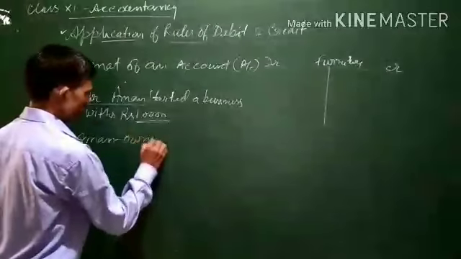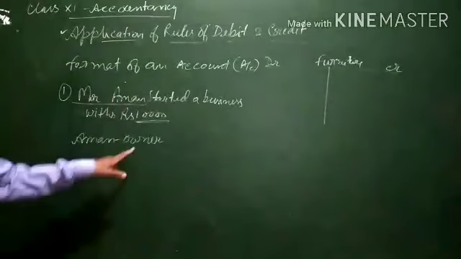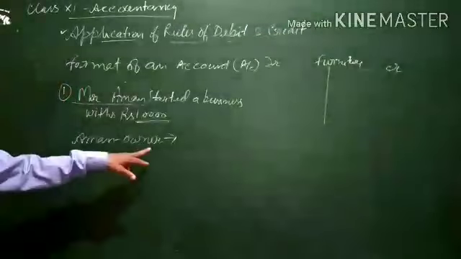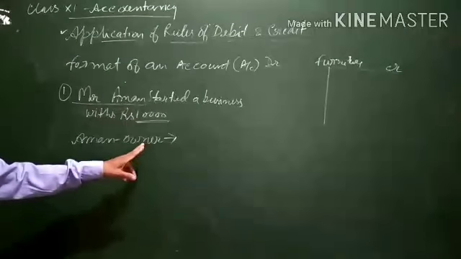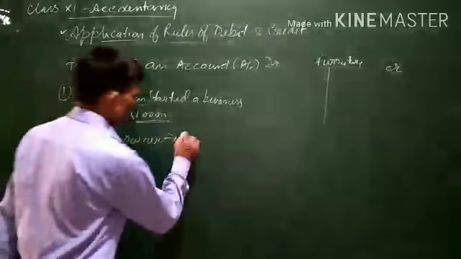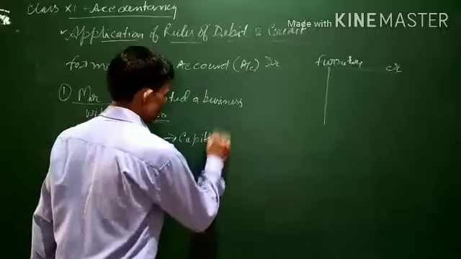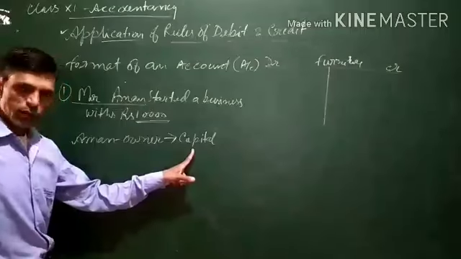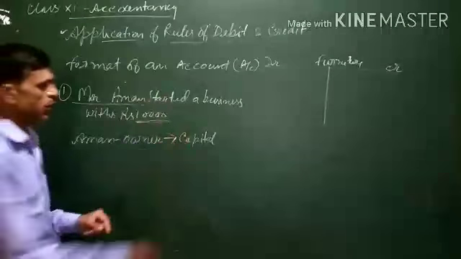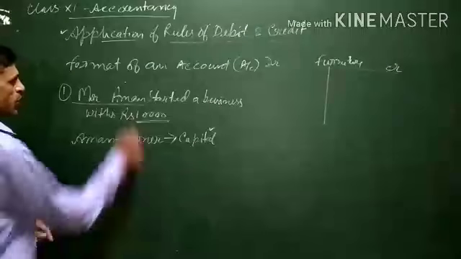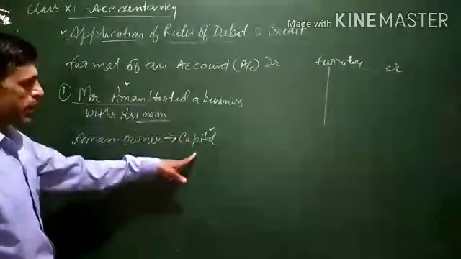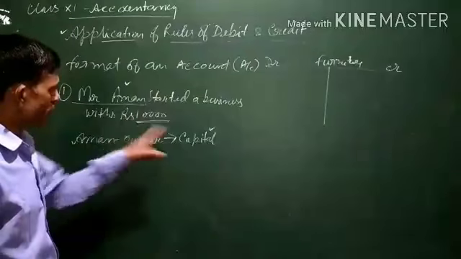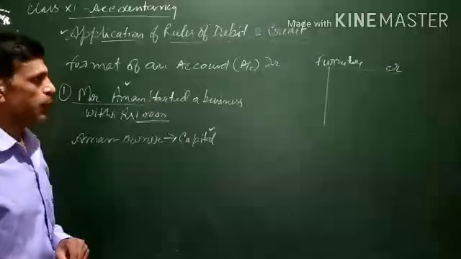Mr. Aman is the owner because he has started the business, and whatever money or monies worth which the owner invests in a business is represented by capital in the business. So here instead of writing the name of Mr. Aman, a capital account will be opened, not Mr. Aman's account, because he is not an outsider.